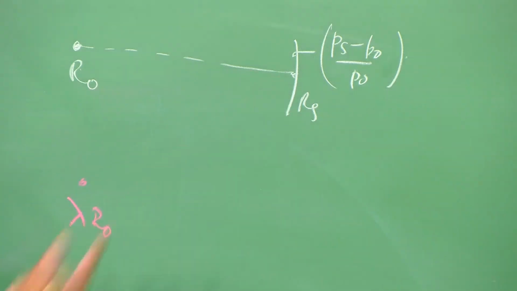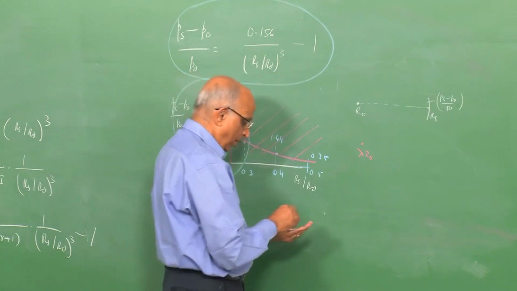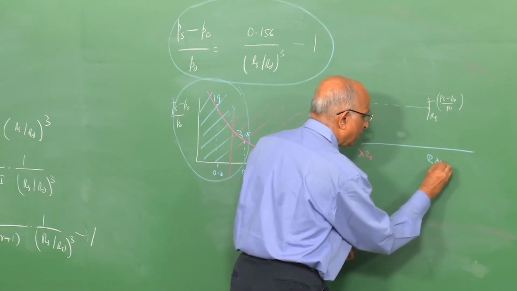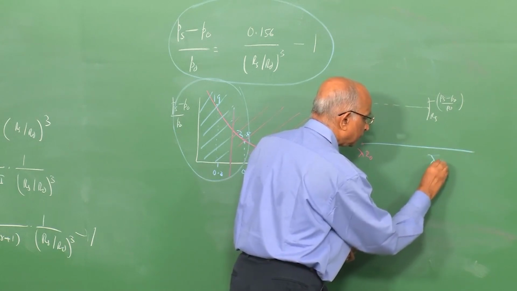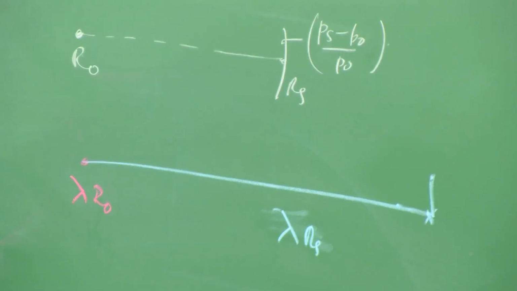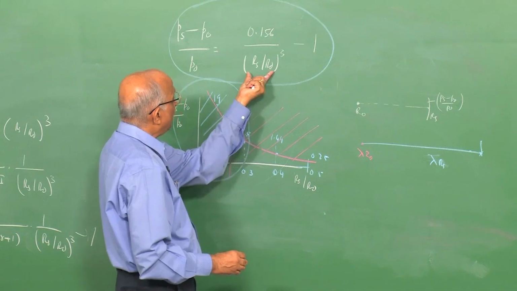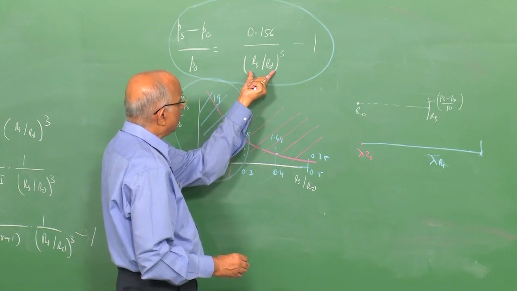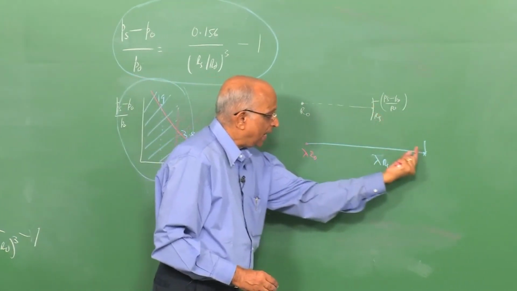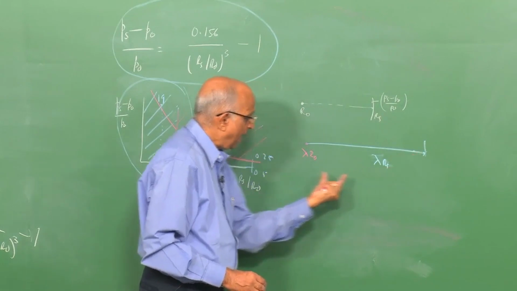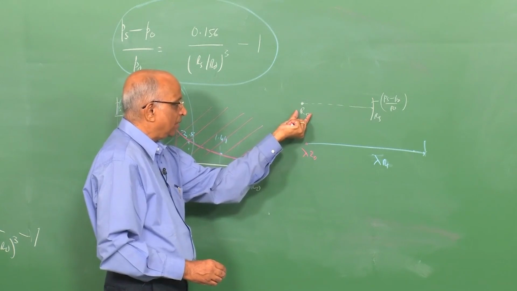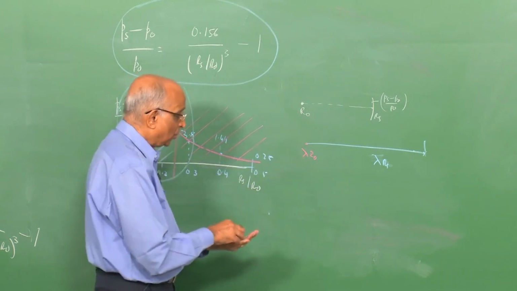The same overpressure as per this expression will come out at a distance of lambda rs away, because lambda rs by lambda r0 comes out to be identical, even though the energy released is higher. The scale of overpressure is the same, and this type of scaling law, in which I change my energy level in terms of r0 to lambda r0, is known as